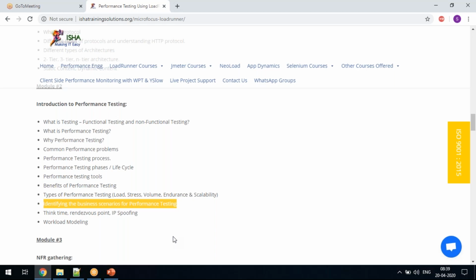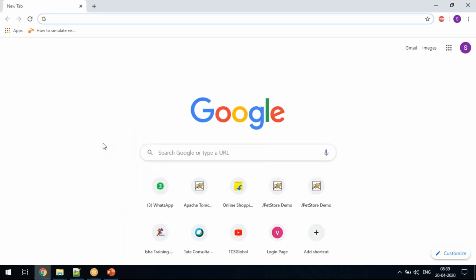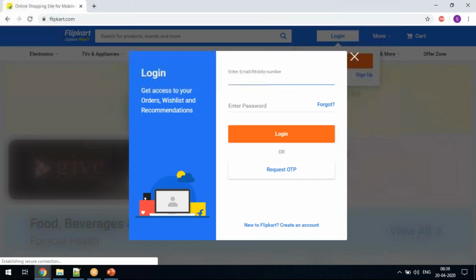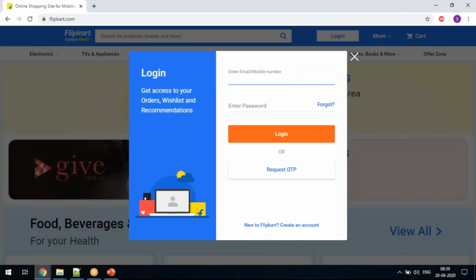Very simple. When there is a page revamp, for example, I'm loading Flipkart. Which means that page loading is happening, right? And if I click F5, a page refresh is happening, which means there is a page movement from one page to the other, or the page is fully loading.